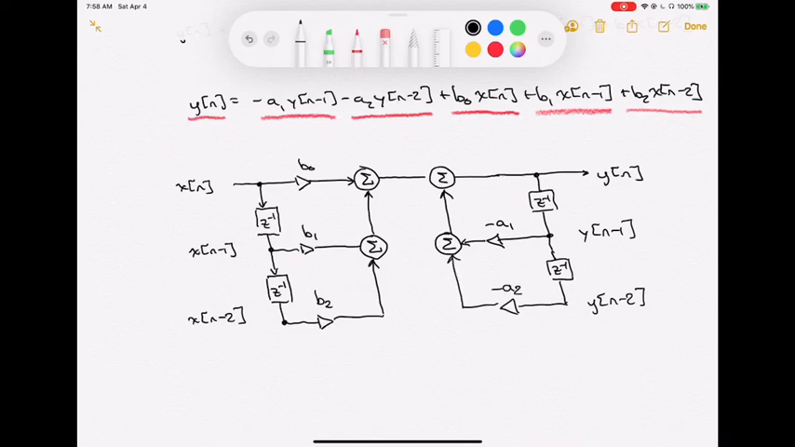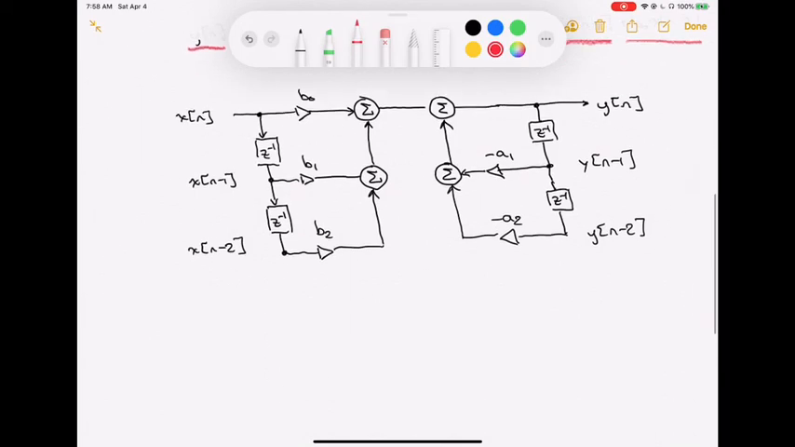So I end up getting a nice structure, right? This structure has the input and its delays, each weighted by some b's, all getting summed together, and then it has the feedback terms, the delays of the output y, getting multiplied by some factors minus a's, and then getting summed in as well. A couple of things that we might note in this,